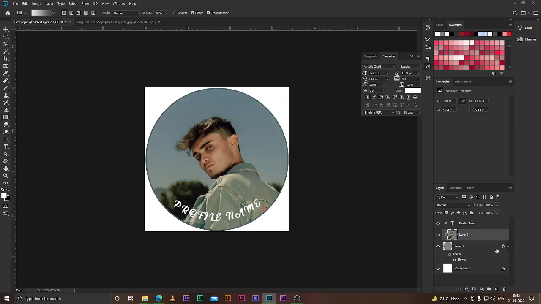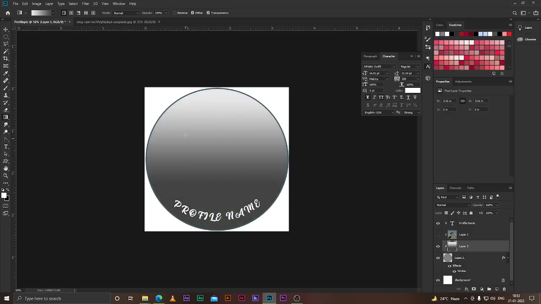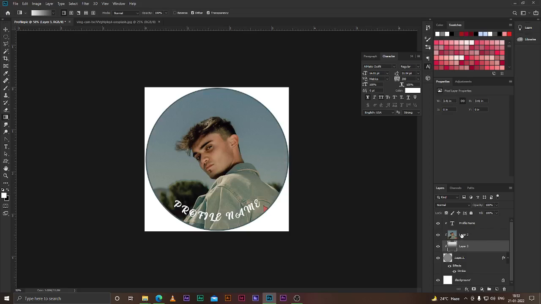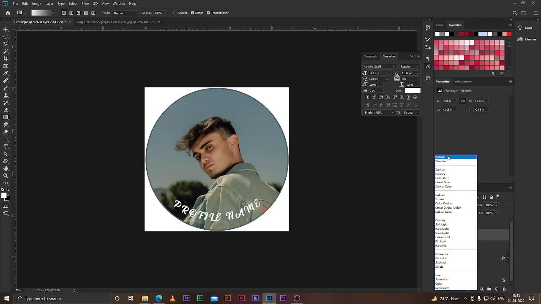I could even get a depth over here as well. How to do that? This is just a simple trick I'm telling you. It's just click and drag. You can now select this particular layer and click over here, and these are all the blending options.